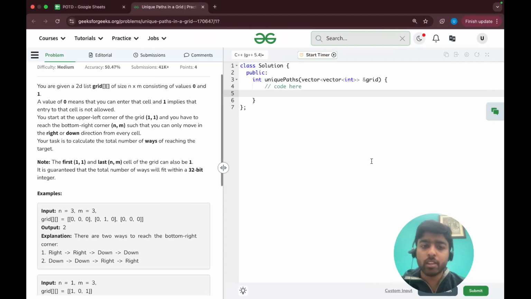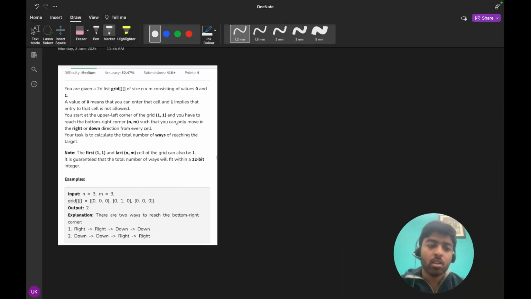I am Utkarsh Kesarwani, your DSA mentor, and I am going to solve today's problem of the day. So the question is saying that you are given a 2D list grid of size n cross m consisting of values 0 and 1. So it means